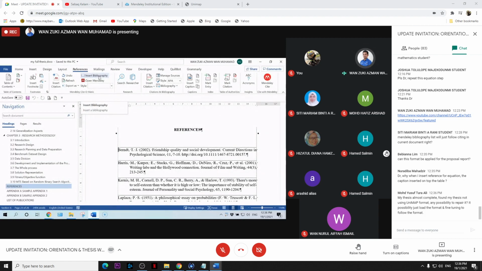Not like EndNote. EndNote, when you cite automatically, EndNote will give you the bibliography at the end of the document. But for the Mendeley gives you the flexibility when and where to insert your bibliography. So that's the nicely of the Mendeley. So maybe tomorrow you will attend the Mendeley workshop. I don't need to show how the Mendeley works here. But you can follow the workshop tomorrow. So they will show you how the Mendeley works.